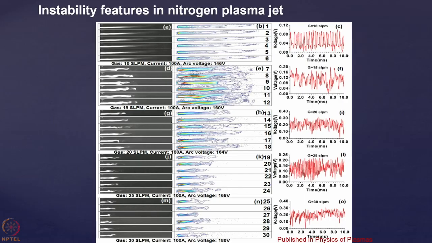Now when I am moving from lower power to higher power, here 14.6 to 18 kilowatt, what we are seeing is naturally visible. You see that the frequency of oscillation is quite sparse in these waveforms, so it is a lower frequency. But when I increase the power, here they are very, very close to each other, so naturally you are going to get a higher frequency of oscillation. So at a lower voltage I am getting a lower frequency of oscillation in the instability, but as I go to higher voltage or higher power, the frequency of oscillation is increasing.